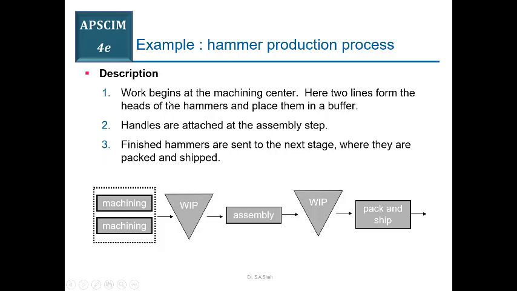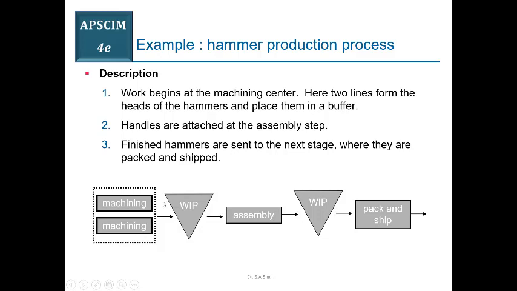So the work will begin at the machining center, and here we have two lines that make the heads of the hammers and place them in a buffer. So हमारे पास यहाँ पे two parallel machines हैं. तो अगर for example इस workstation का cycle time जो है वो 2 minutes है, तो in 2 minutes we will get 2 hammer heads. तो अगर 3 machines आपके पास parallel में होते, so we would then be having 3 hammer heads in 2 minutes. So cycle time जो है that is calculated for a single workstation,